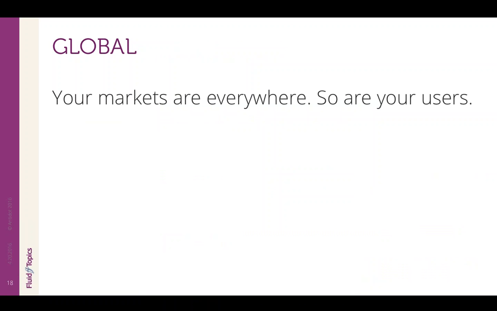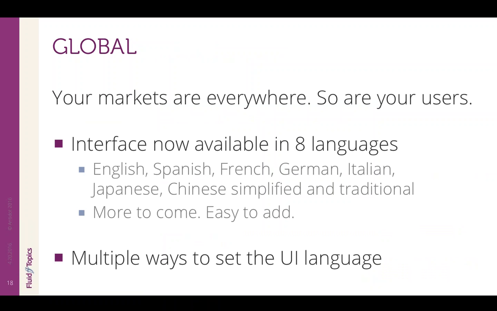The second is global. More and more companies have clients all over the world, so we need to handle the challenges of global content delivery perfectly, which means three things. One, the user interface is now available in 8 languages, and more will come rapidly since adding a new language now takes only a few days. So as you can see, it's now available in English, Spanish, French, German, Italian, Japanese, 2 Chinese. And I think we have planned already 2 or 3 more, like Portuguese and Korean and others like that.